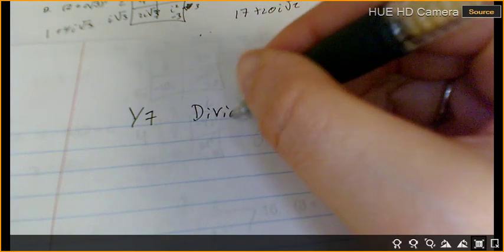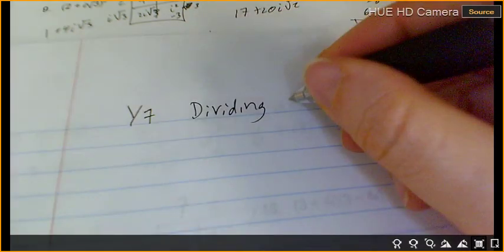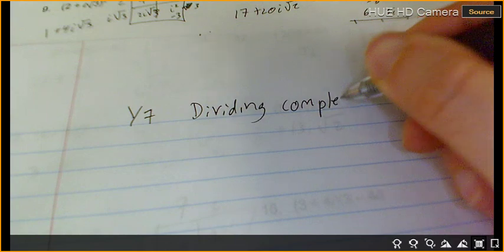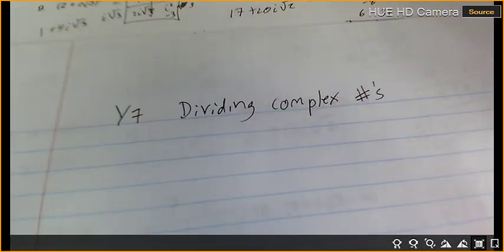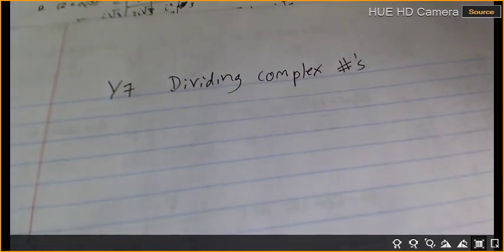Alright, so we're going to look at dividing complex numbers. So I'm going to make sure I title the top of my page. Today is the 7th. I'm dividing complex numbers. Okay, so we're going to start right here with